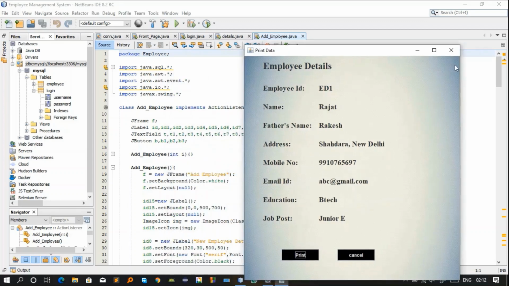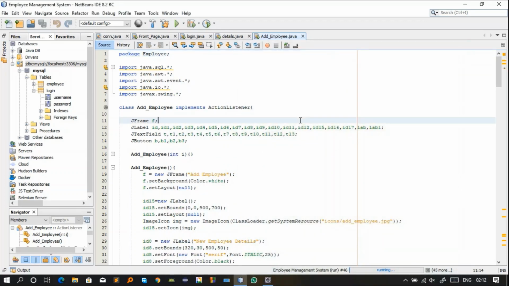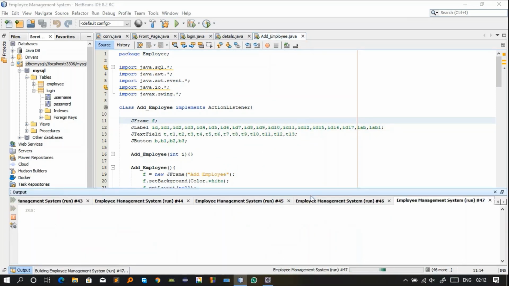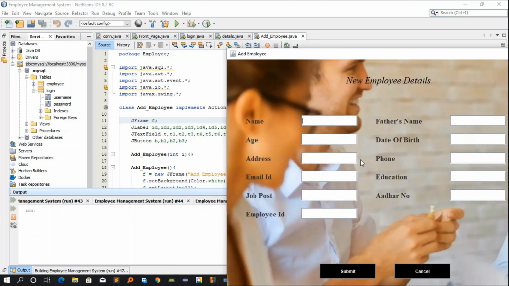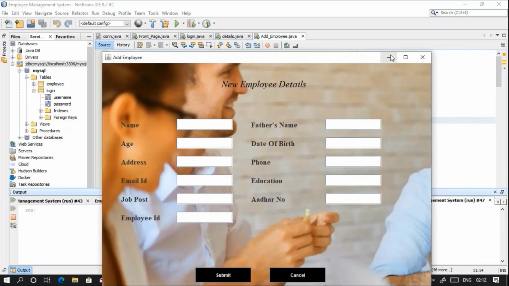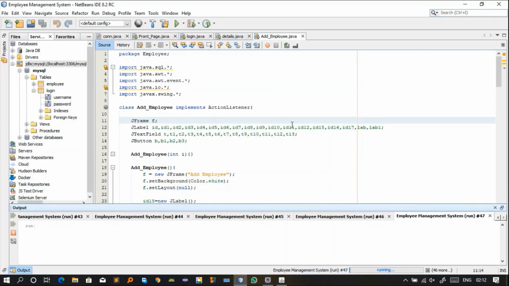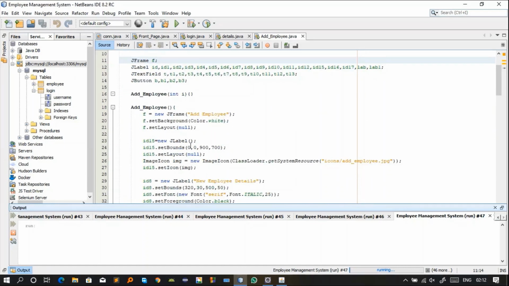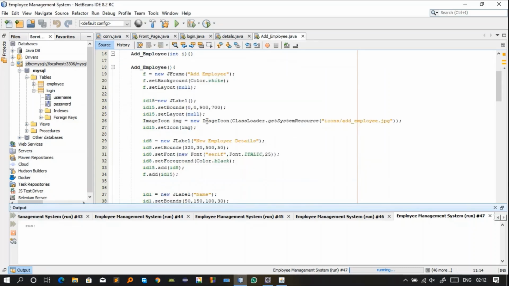So let me explain how this add button is working. These are the labels, these are the fields, these are the buttons and this is the frame. It's the same thing I did in my previous classes, so I'm not going to explain it again because it's very similar. This is the frame name, the heading name,